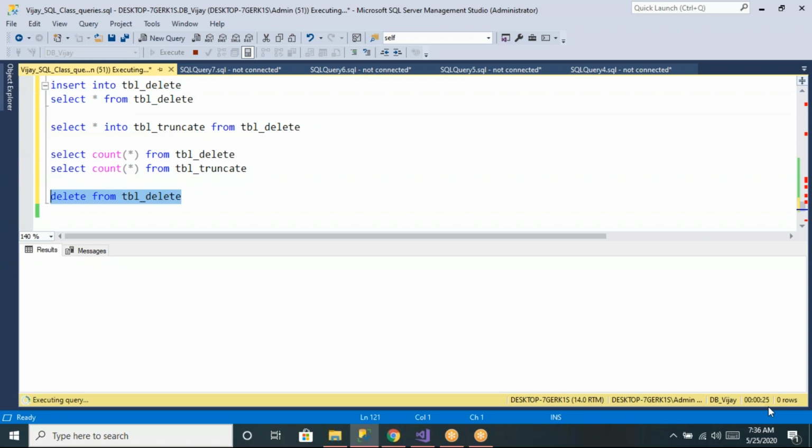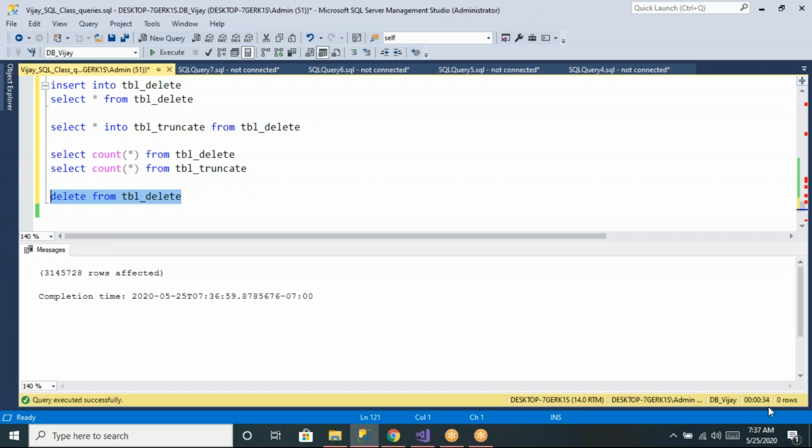Let us see how much time it will take to delete 31 lakh records. Now you can see it took 34 seconds to delete the 31 lakh records. So the delete command took 34 seconds.